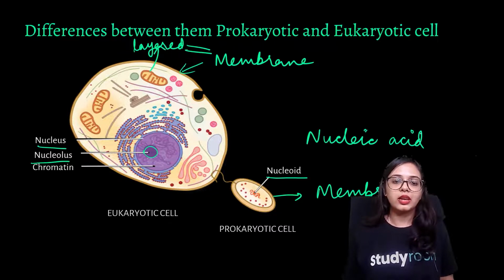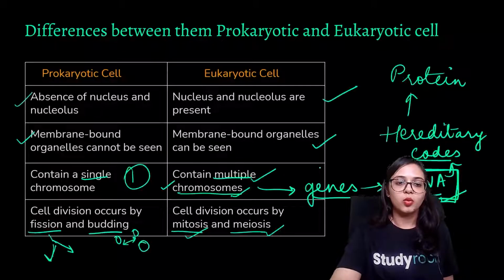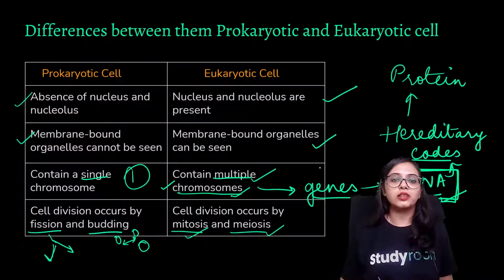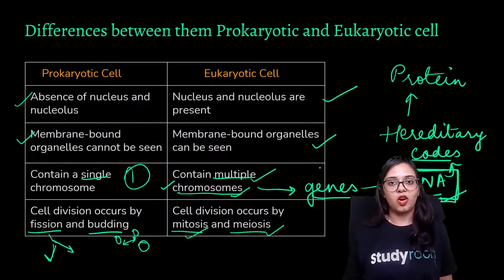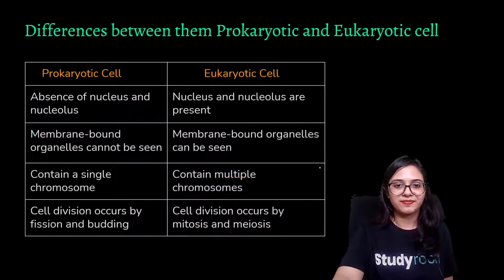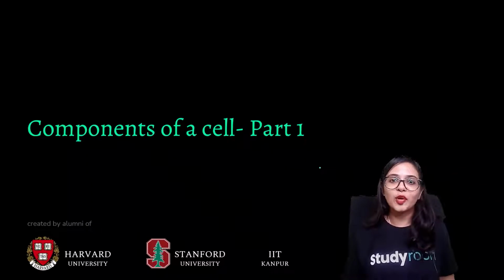Then in the nucleus we find those chromosomes, those hereditary components. So in the eukaryotic cell there are multiple chromosomes present over here, whereas in the prokaryotic cell we only have one chromosome. And the last difference was that cell division occurs in prokaryotic cells by fission or budding, and in eukaryotic cells by mitosis or meiosis. Let's move on to the first component of